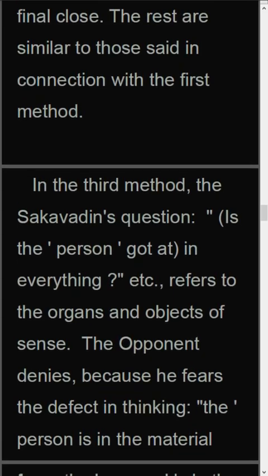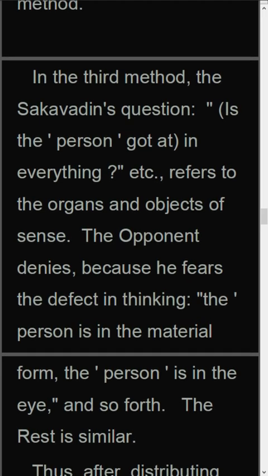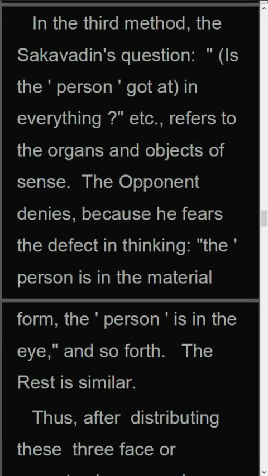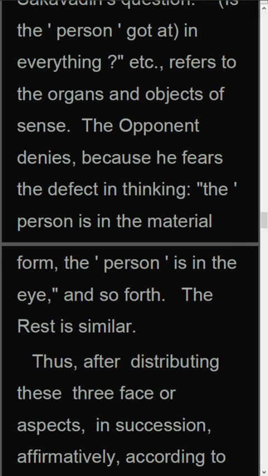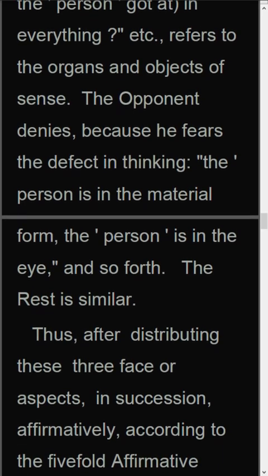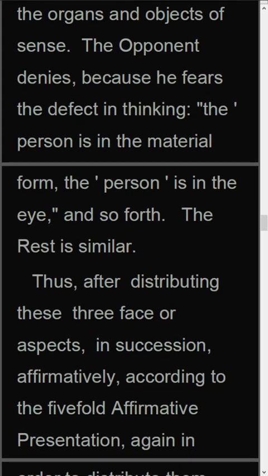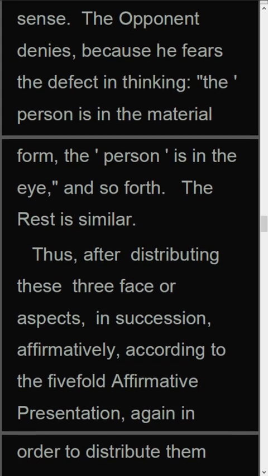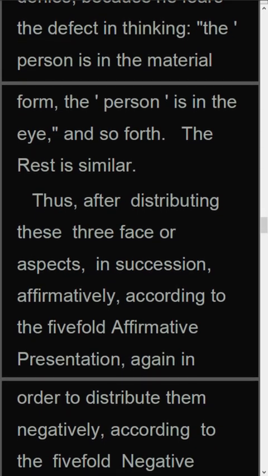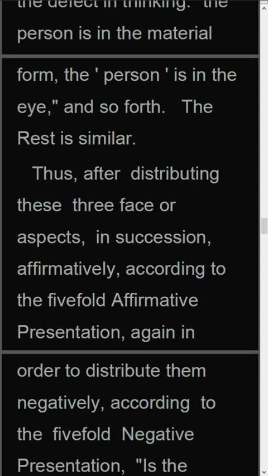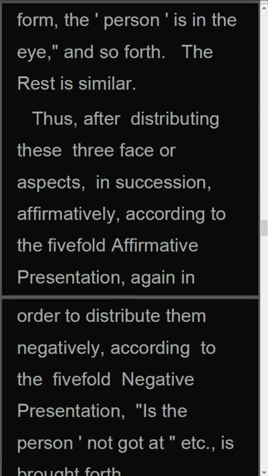In the third method, the Sakavadin's question, "Is the person got at, in everything?" etc., refers to the organs and objects of sense. The opponent denies, because he fears the defect in thinking "the person is in the material form, the person is in the I," and so forth. The rest is similar. Thus, after distributing these three phases or aspects in succession, affirmatively, according to the fivefold affirmative presentation,